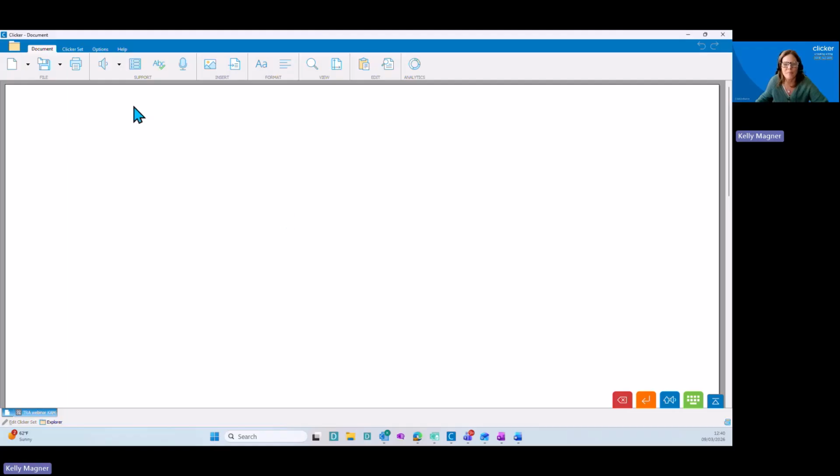So here in the toolbar, there are a few tabs across the top. I'm in the Document tab right now, where you can see some familiar icons such as opening a new document, saving and printing. But we also have our Options tab. Now here in the Options tab, you can see icons for our support tools. And these are unique to Clicker. If we choose the Pictures icon here,